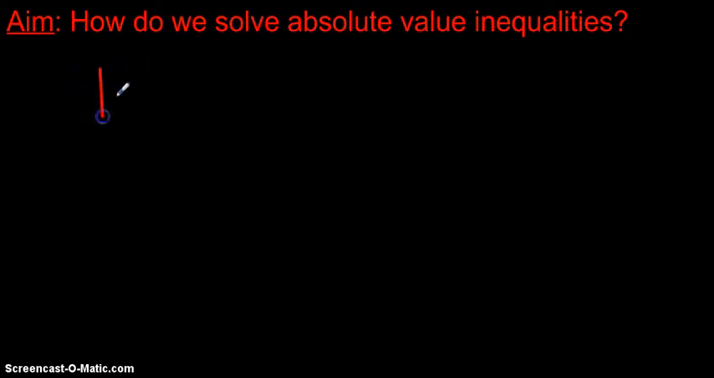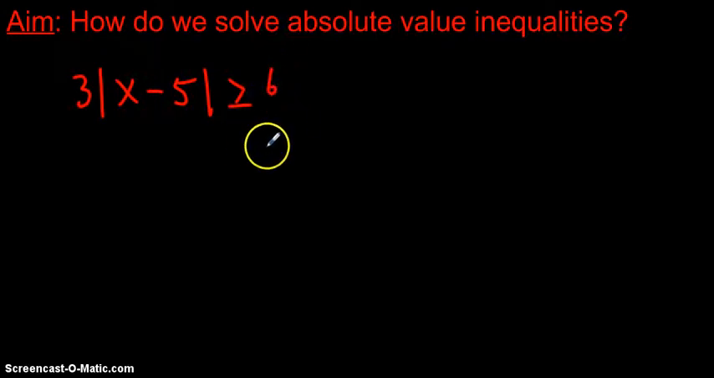So let's make another example. Let's say we had 3 times the absolute value of x minus 5 is greater than or equal to 6, whatever, doesn't matter. So just like before, we want to isolate the absolute value. So first thing we want to do is get rid of this 3. Since this 3 is being multiplied by our absolute value, we can cancel that out through division. Whatever we do to this side, we do to this side. We'll divide by 3 on both sides,